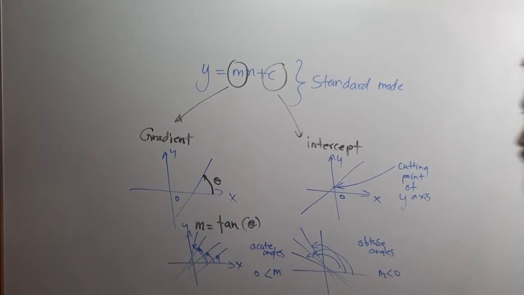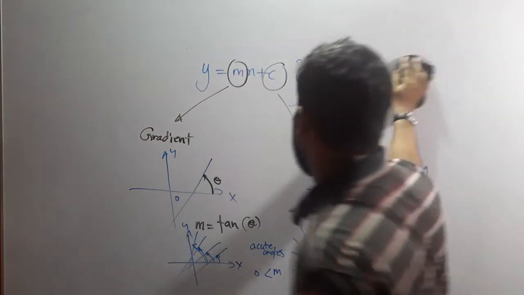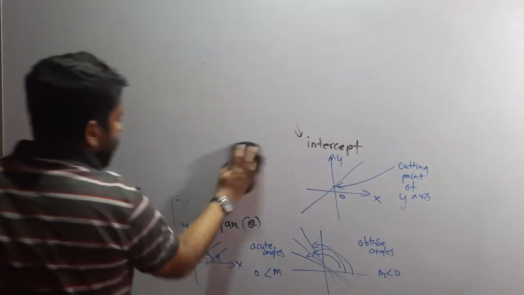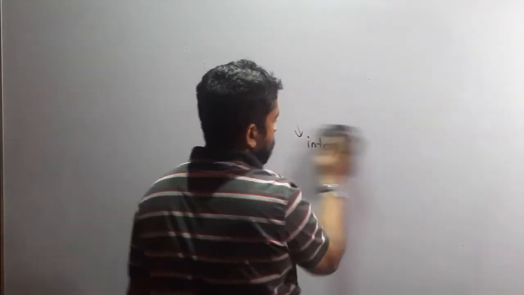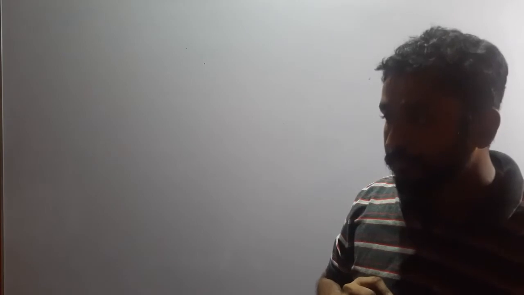So let's continue. I have a question for you. We are going to sketch a straight line. The question is: how many points do we need, at minimum, to draw or sketch a straight line? Give your own opinion, your own answer. Again, how many points do we need at minimum to draw or sketch a straight line?